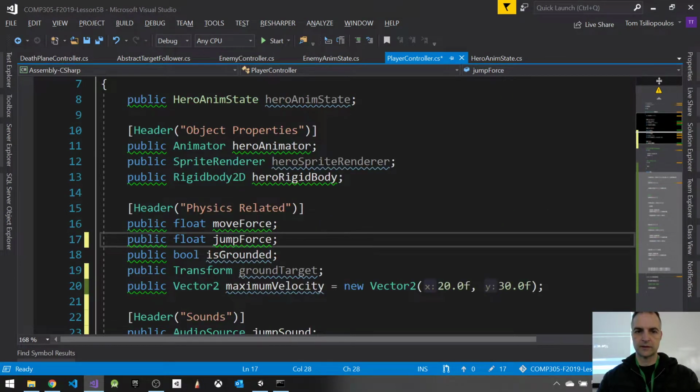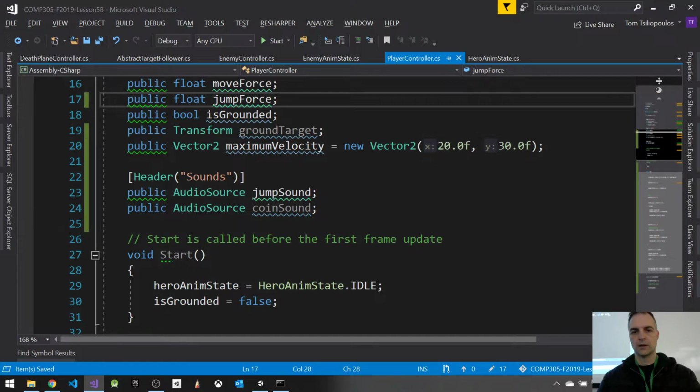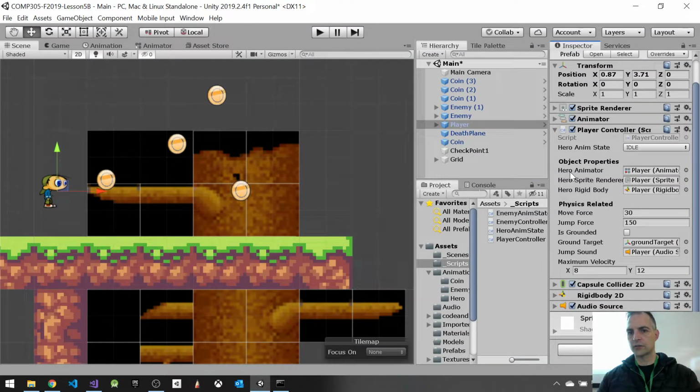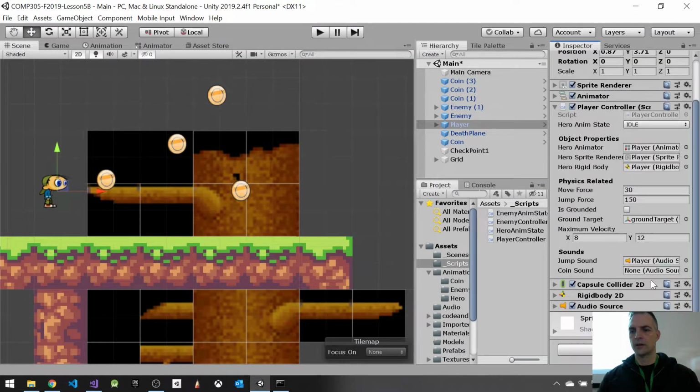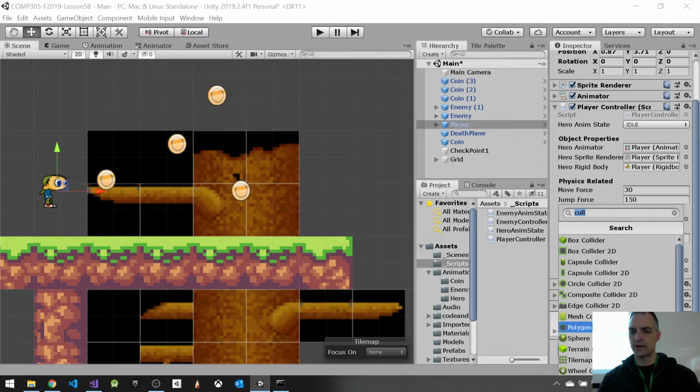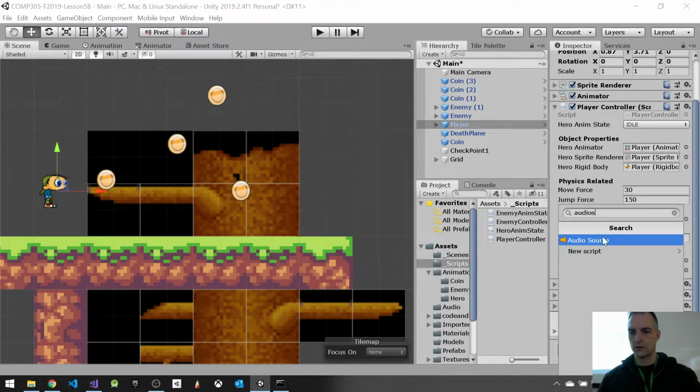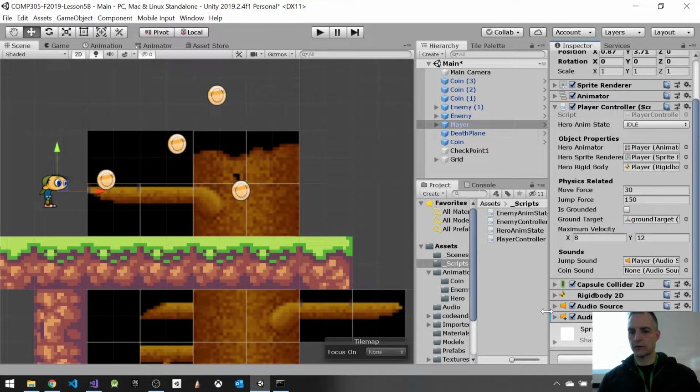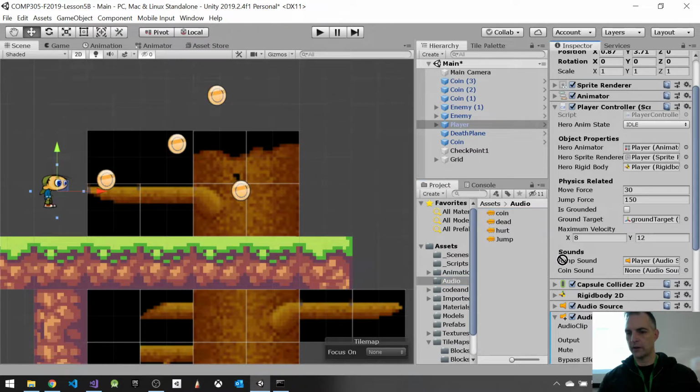Just bundling these things together here. If we go back to the inspector, we should see on the player, it should be organized into the player audio sound as well as, let's add another audio source. Here's the other audio source, and this audio source is going to be the coin sound. So again, I'm going to go to audio, I'm going to go to coin and drag and drop it in